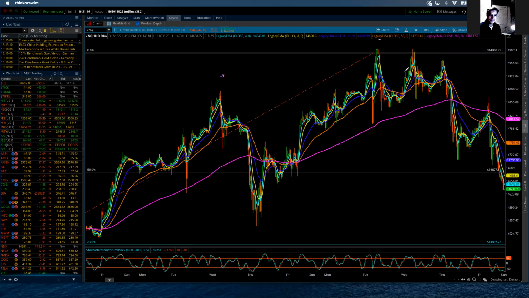If it gets into alignment from the hourly to the 30, then it's telling you on the hourly basis that the trend is down. On your 1, your 2, and the 5, you're going to have moments of rally. Always happens. The market does ebb and flow, but those are going to be providing trading opportunities to the downside if you're a swing trader. And if you're a scalper, or even just somebody who plays the 1 and 2 and the 5-minute trend, it's going to provide opportunities on both sides.